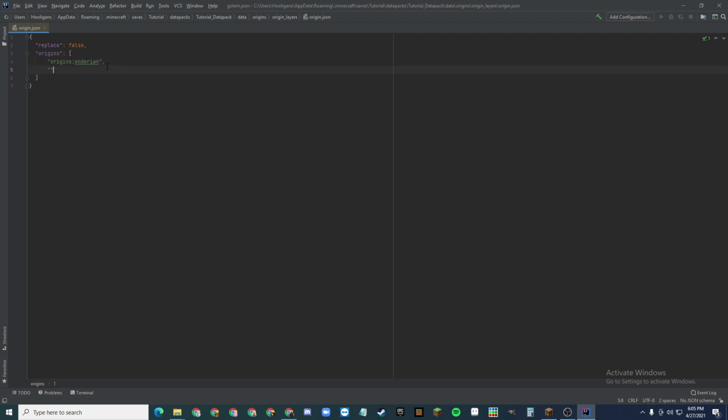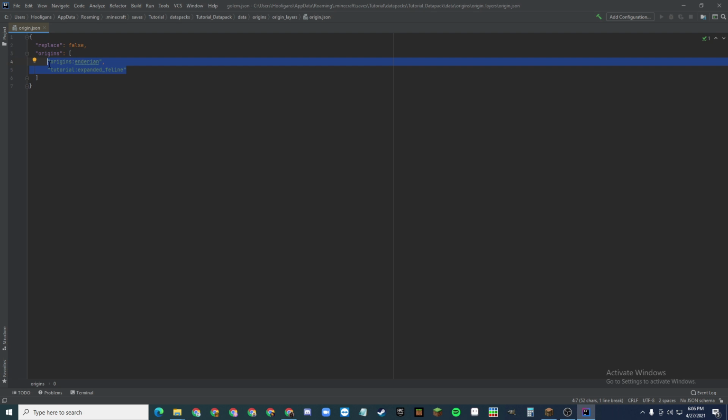In JSON, you need to remember commas, as those signify the end of lines. And if you don't put a comma, it will break the entire thing. I will put a link to a JSON parser down below that will check and see if you missed commas easily. But if you use something like IntelliJ IDEA like this, you'll have that little marker. If you saw it, it'll show you there's a problem, right? So you just put a comma there, it goes away, and then you make whatever you want other than that. So expanded feline, say, then you list all the other origins you want in there. That's how to make